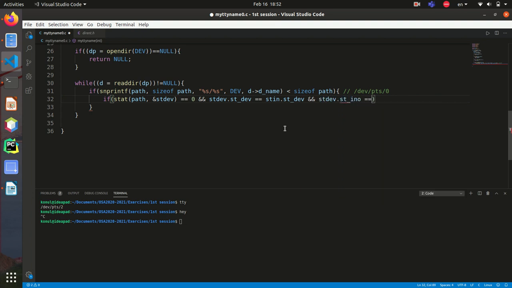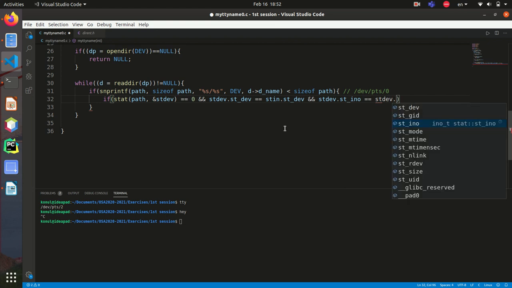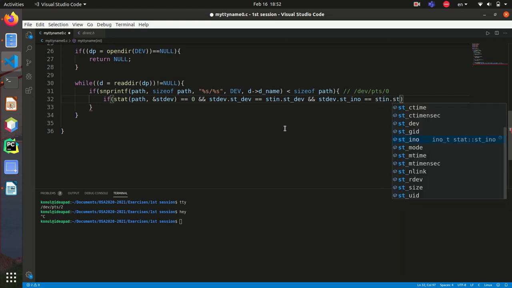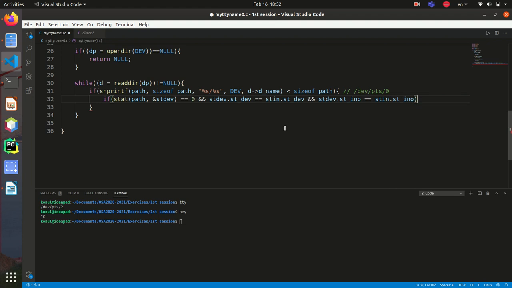So stdev.st_ino is equal to stdin.st_ino. If they are equal, it means that this is the path I need to return, because my user wants to see the file descriptor